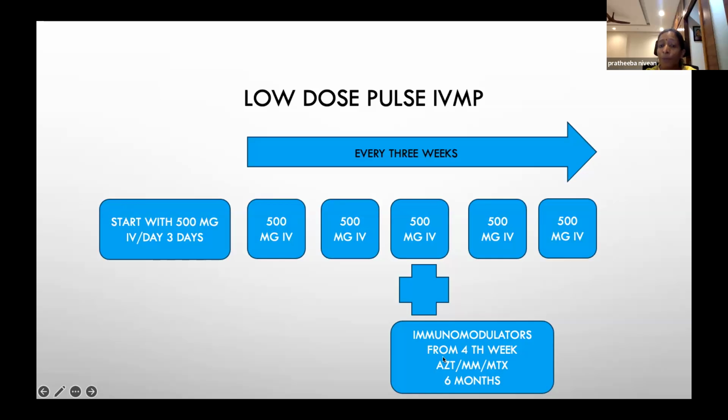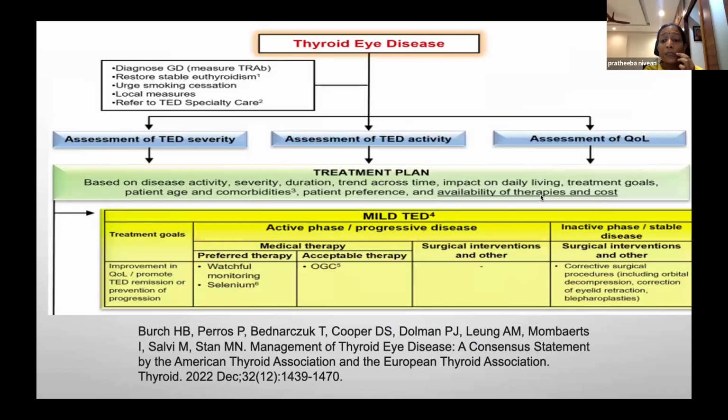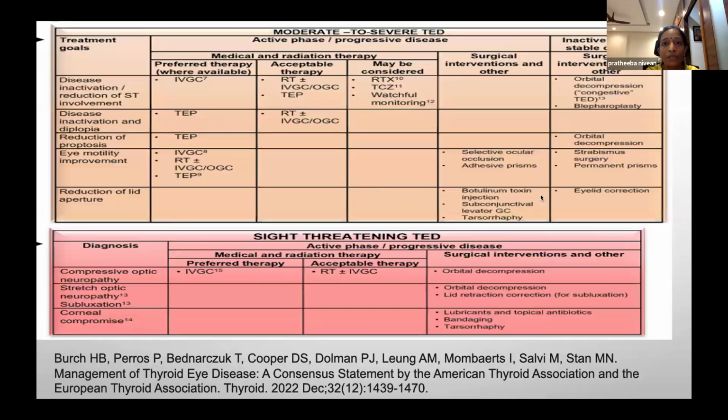So what the researchers say is, when you are about to stop the steroids, you start the immunomodulators, and by the time you stop the steroids, the immunomodulators will pick up their potency and take care of the inflammation so that the patient's relapse is taken care of. This is the European guidelines, what I have talked. This is the guideline given by the EUGOGO. So basically, mild thyroid eye disease, inactive, treat conservatively. For severe cases, treat with IVMP. Severe active cases, treat with IVMP plus or minus